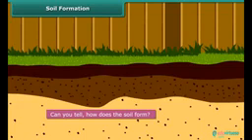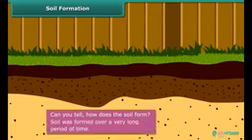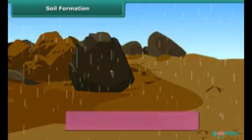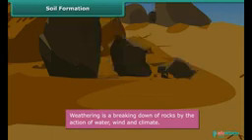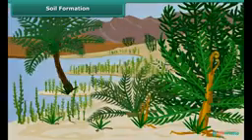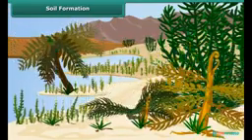Soil formation. Can you tell how the soil forms? Well, soil was formed over a very long period of time. Large rocks were broken down into smaller pieces and finally to soil by the action of wind, water, and climate in a process called weathering. Also, decaying of dead plants and remains of animals made the soil thick and rich, and eventually it became support